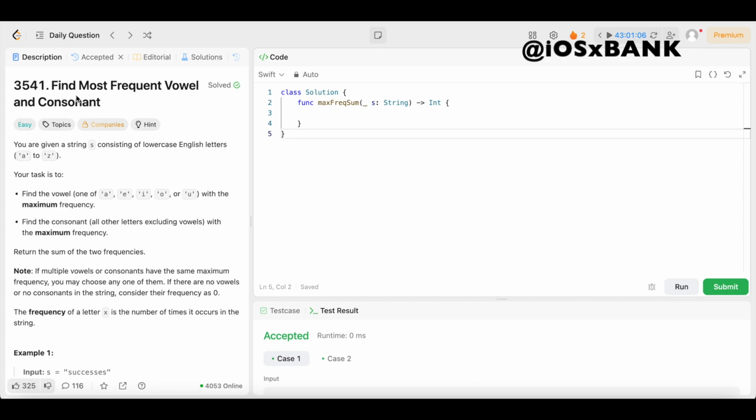And today we have question number 3541, Find the Most Frequent Vowel and Consonant. The difficulty level is easy, so you already know we're going to keep the solution as simple and easy to